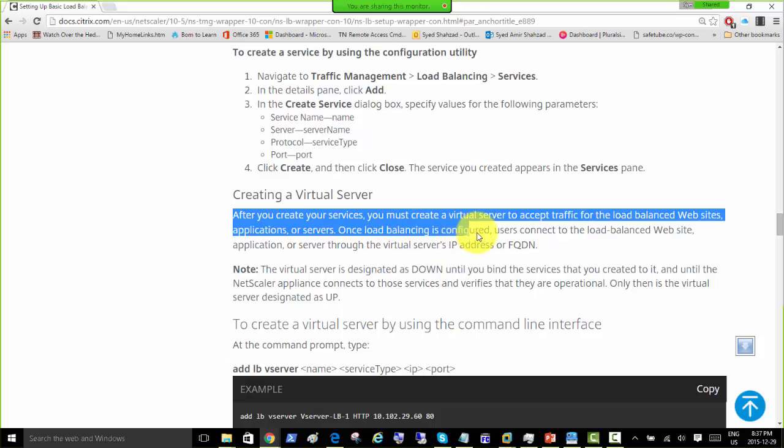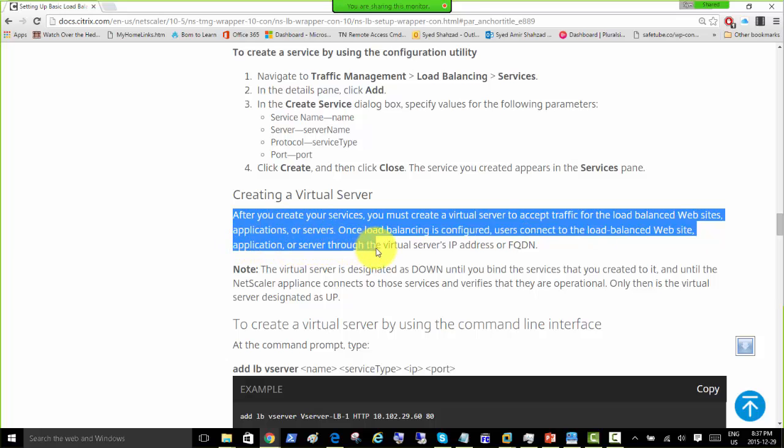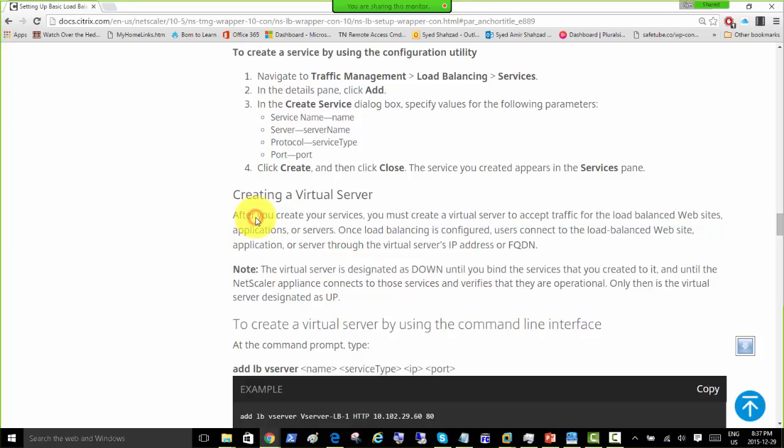Once load balancing is configured, users connect to the load balanced website, application, or server through the virtual server's IP address or FQDN. So we have to define a virtual server that is going to accept the traffic from outside and let it connect to our internal web interface, which is hosted on our Citrix App Center